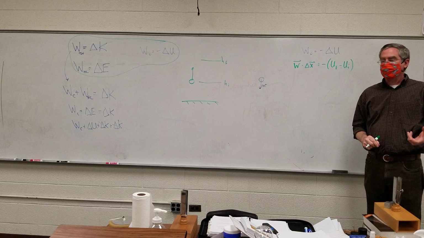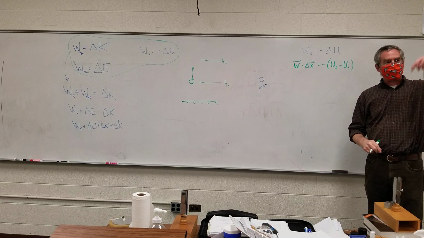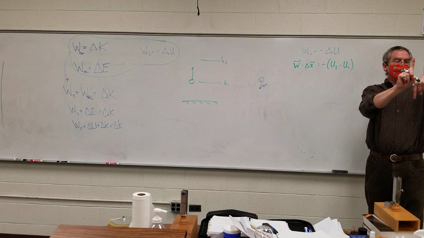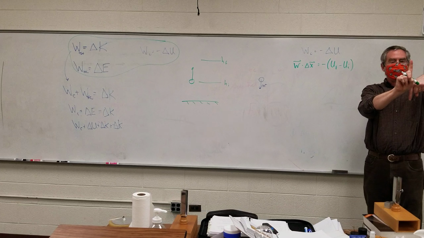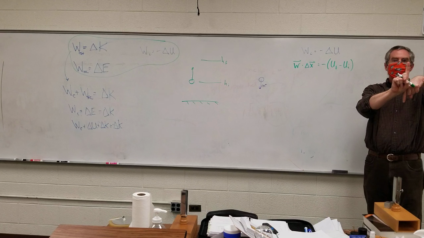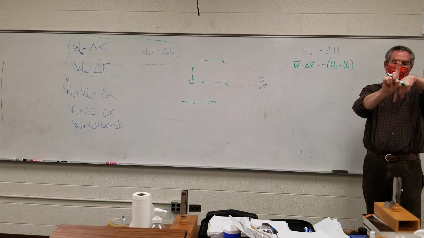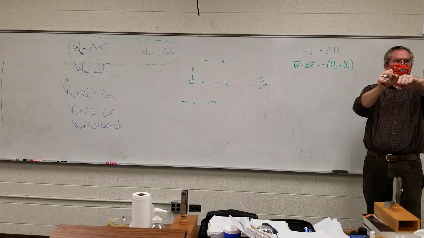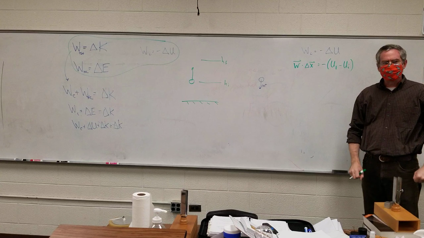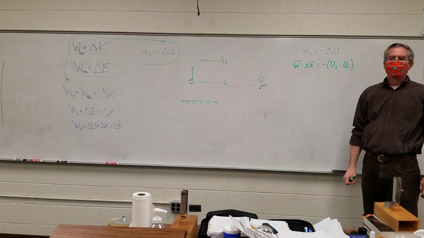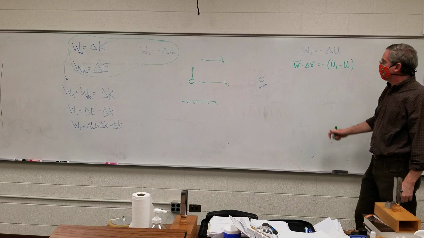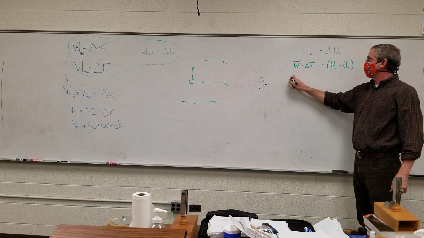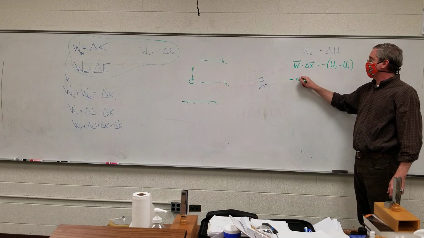Now weight dot product with displacement: weight is acting down, displacement's acting up, they're in opposite directions. The angle between them is 180 degrees. Cosine of 180 degrees is, 2, or no, 1. No, give me a second. -1. Yes, -1. So this dot product here is just gonna be the negative of weight times displacement,